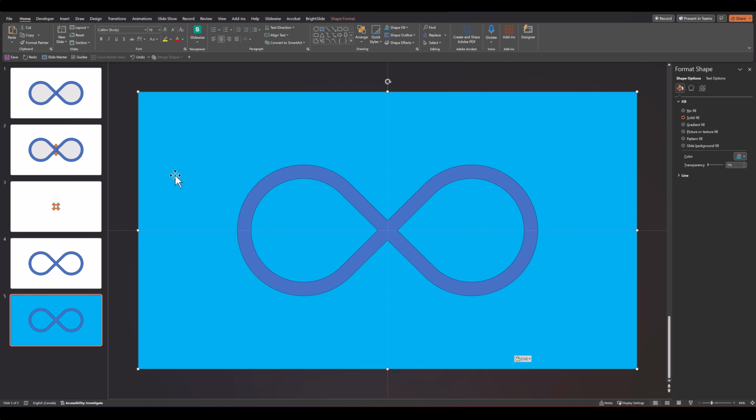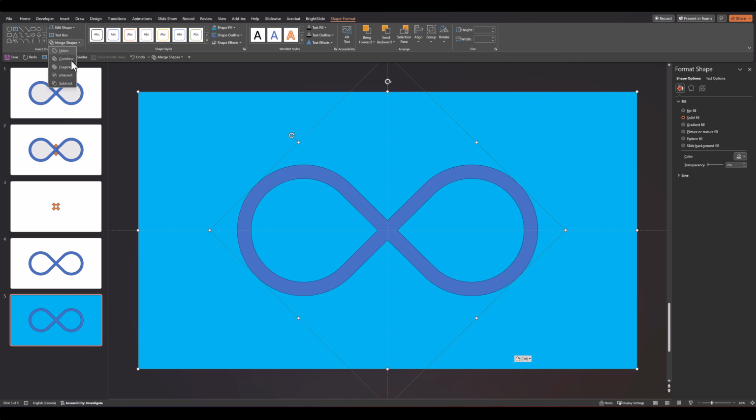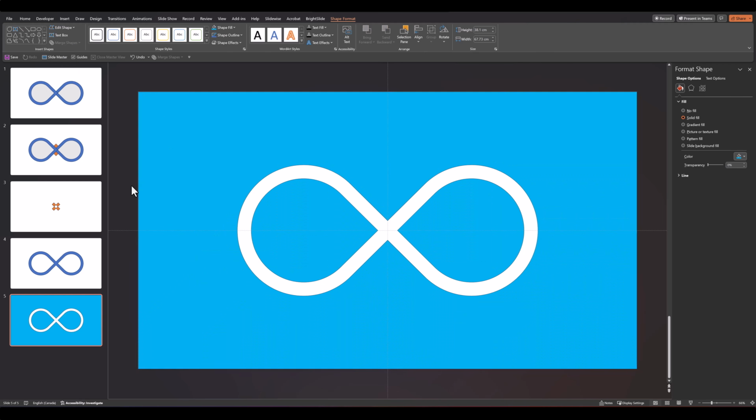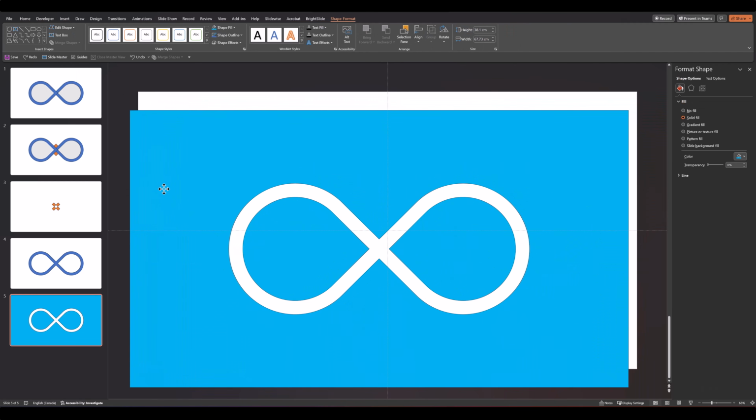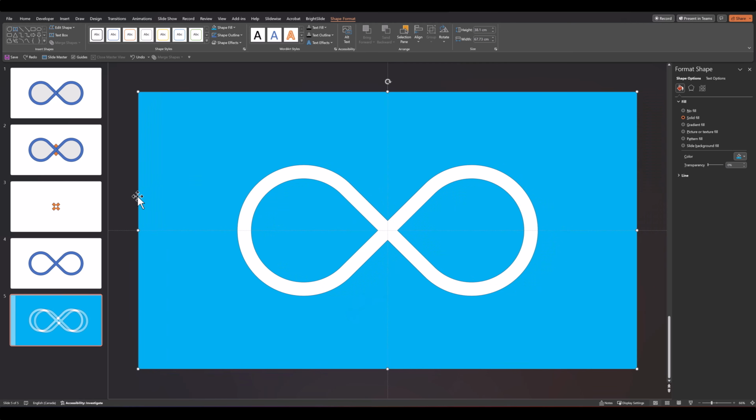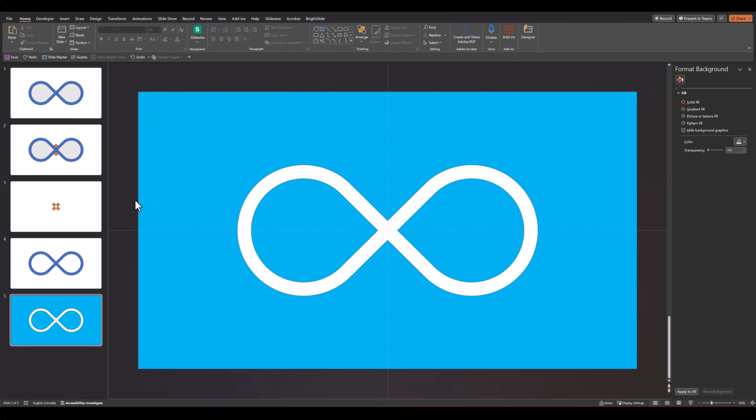And now we'll subtract the loop from the background. So select the background first and then the loop. And click on Subtract. So this will act as the main masking element for our animation. Now I'll once again